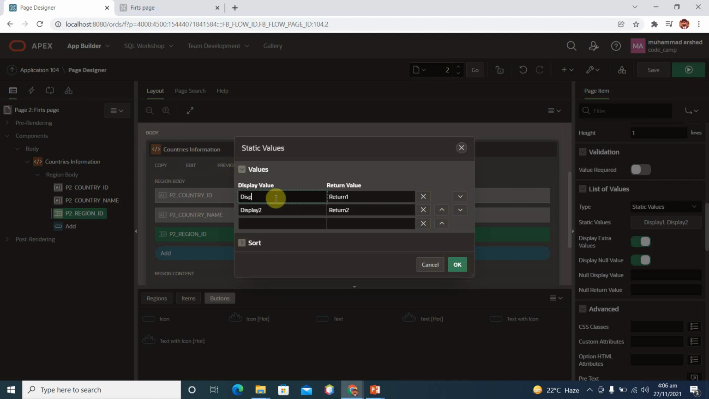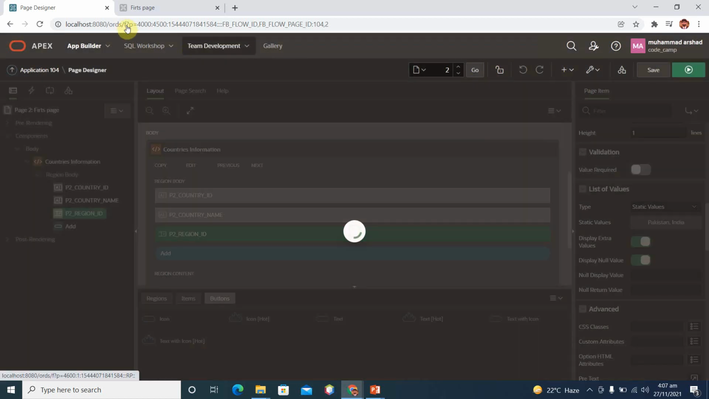Let's suppose I want to show static values, then we have to provide static values. Static value 1 is Pakistan, and when the user selects Pakistan, then the value saved in the database will be P, and the second option for the country is India, and the value is I. Okay, save and